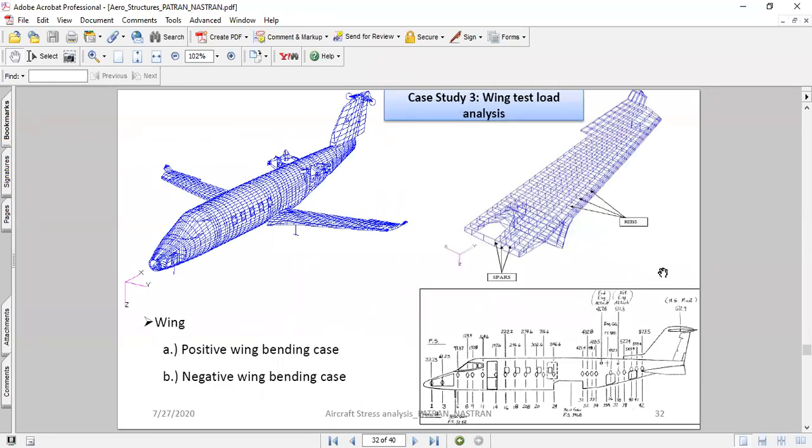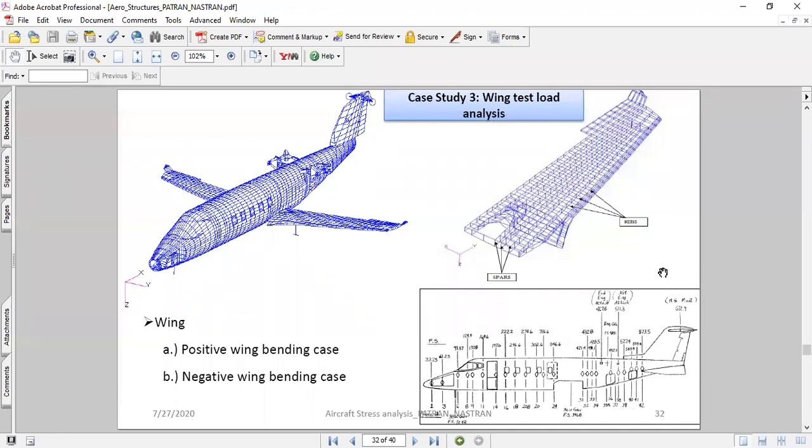Moving to case number 3. This was for one of the Bombardier Learjet aircraft. This is the wing test load analysis. They did ground testing for the aircraft. They tried to simulate the aircraft flying conditions at about 55,000 feet altitude.